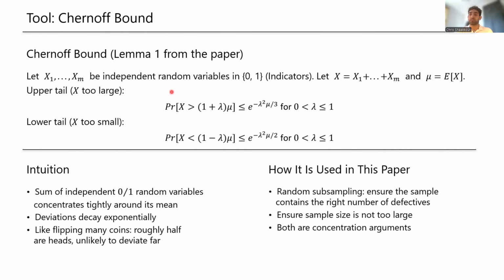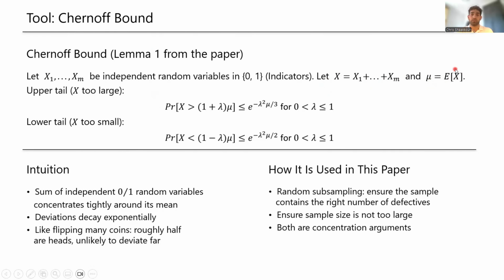This tool basically says that if you flip a coin 100 times, probably you're going to get 50 heads and 50 tails, somewhere in between. So the Chernoff bound gives us an upper and lower bound for this result. It is very unlikely to get 90 heads when flipping the coin 100 times. If we take X to be the sum of all the indicators, and mu is the expectance of these indicators,